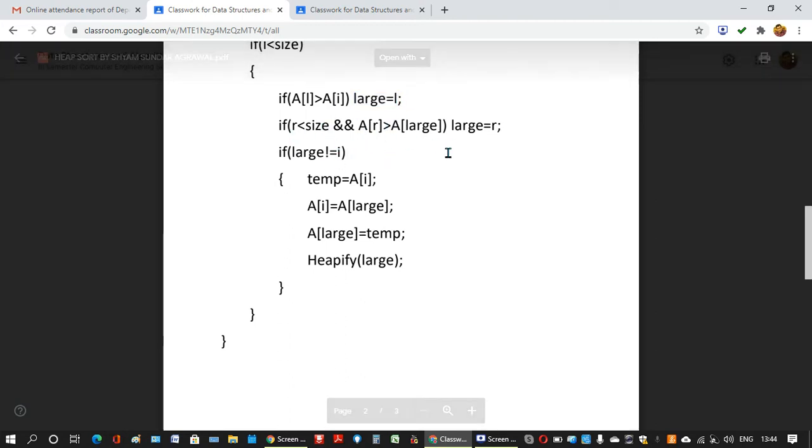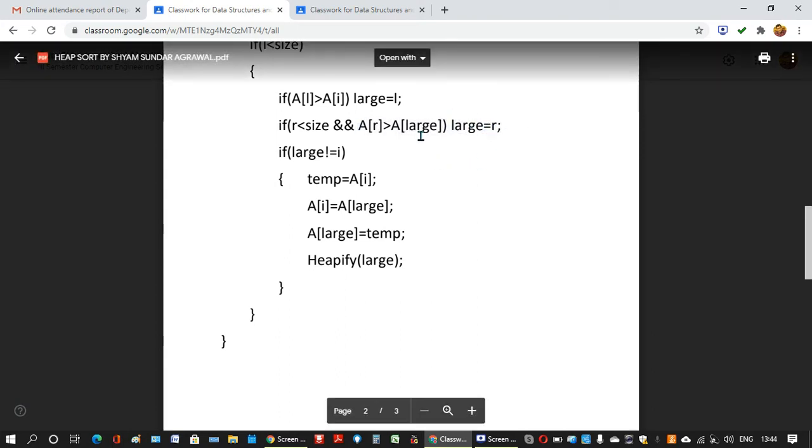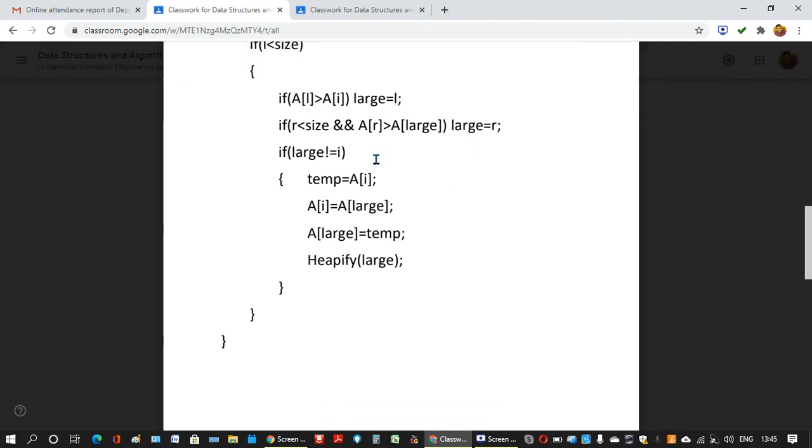That kind of program you have already done in first year also. Then I check if R is also within the size, and if A[R] is greater than A[large], then large is changed. In that manner, large will hold either i, L or R, that means whichever one is larger.